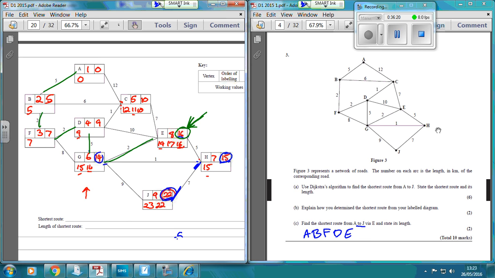Doesn't matter if we go back along any paths. So we could go 5 and 7, that's another 12. Or we could go back to G and then back to there, which would be 11. Or we could go back to there, and then back to there. And if we do that, we've just got to have a look at different ways to get from E to J. And if you spend enough time looking at it, E to G is going to be 2, G to H is going to be another 1, and then H to J is going to make it down to there. So to E, that's 16 so far, and then back to G,